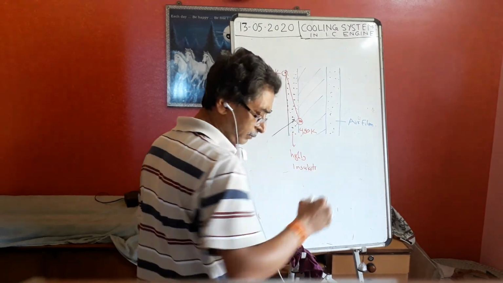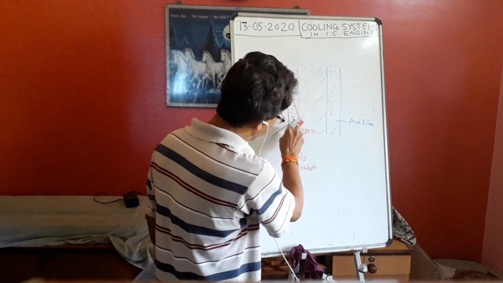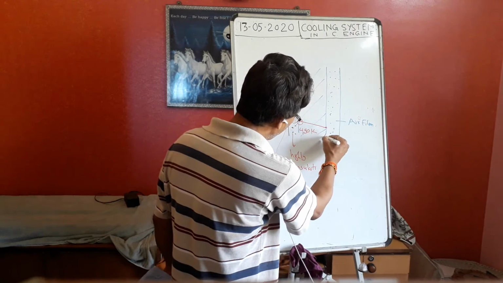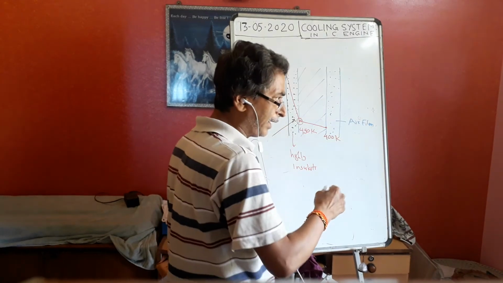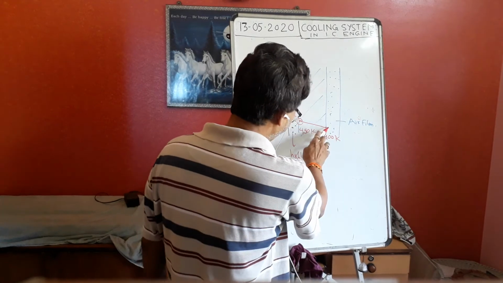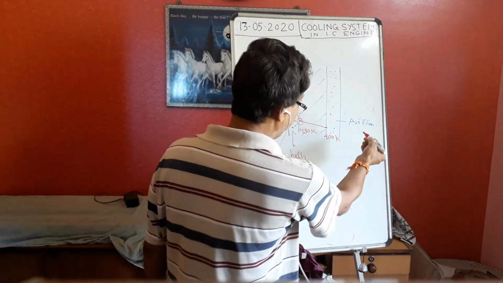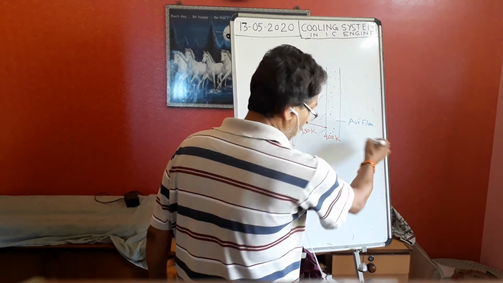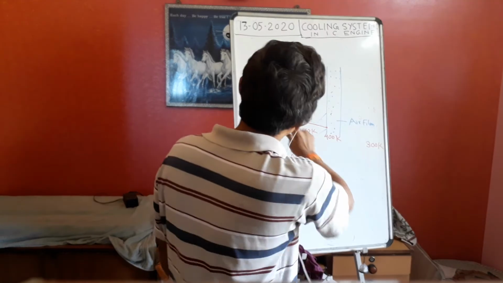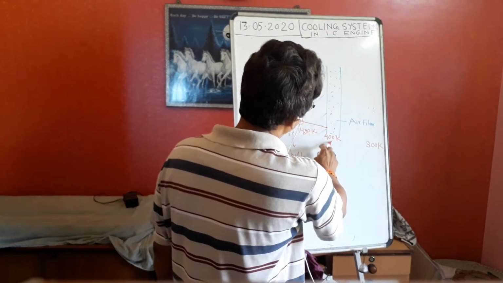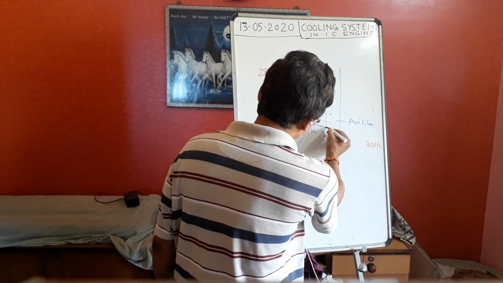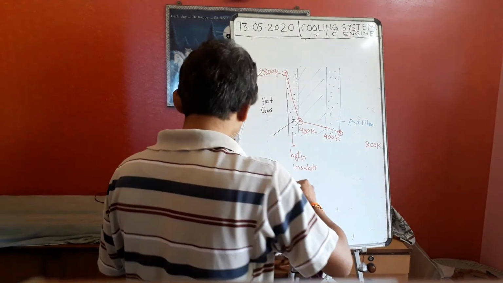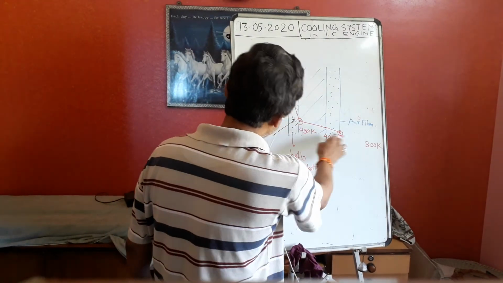This temperature will be nearly 450 Kelvin. Then the conduction will pass through the cylinder wall, so it will drop to around 400 Kelvin. I am not talking about the exact value, it is the average value. Outside, the temperature is 27 degrees centigrade, that means 300 Kelvin. So the inner wall is 450 Kelvin and the outer wall 400. And from here, through this air film, heat transfer again takes place. So this is the procedure of how the heat is transferred.